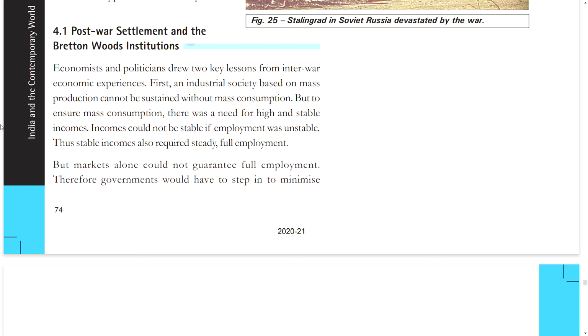Incomes could not be stable if employment was unstable. Thus, stable incomes also require steady, full employment. But markets alone could not guarantee full employment. Therefore, governments would have to step in to minimize